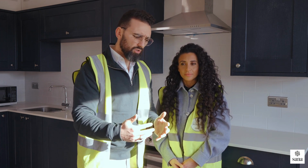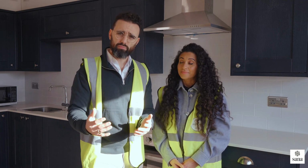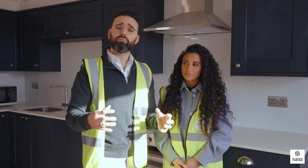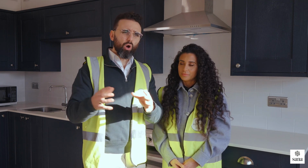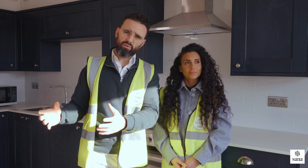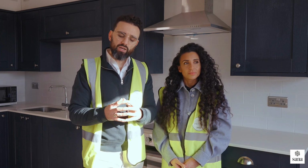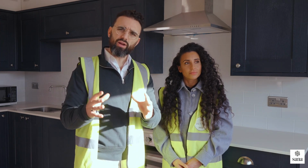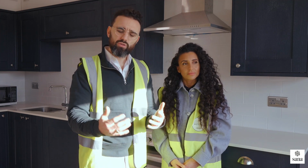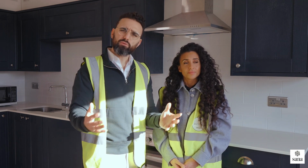What transpired was that the supply coming to the building was a three-phase supply, and it was sufficient to power it. However, when Western Power came to move the supply, it was an older supply and their regulations required them to install a new supply. So it was something that we hadn't been able to factor in to start with, because we assumed that we were able to reuse the three-phase supply, but we had to install a new three-phase supply. So that comes with additional costs and additional mechanics in terms of installing that,